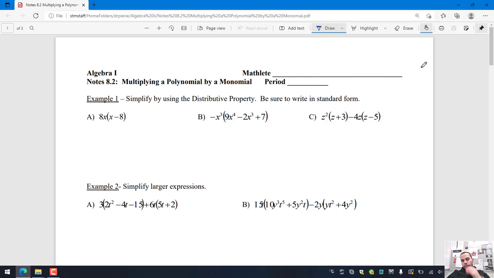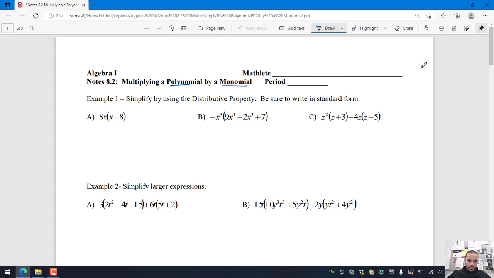Alright guys, so in this section we're going to transition into multiplying polynomials, multiplying specifically a polynomial by a monomial. In section 8.1 we were adding and subtracting. In this section we're going to multiply. So if we look at example 1, it says simplify by using the distributive property and be sure to write